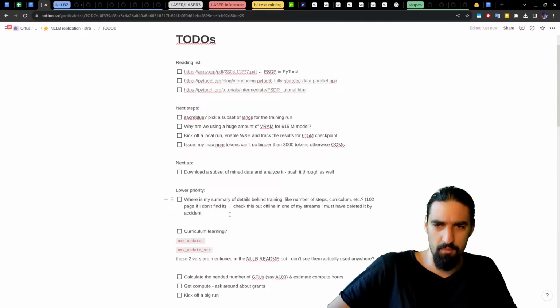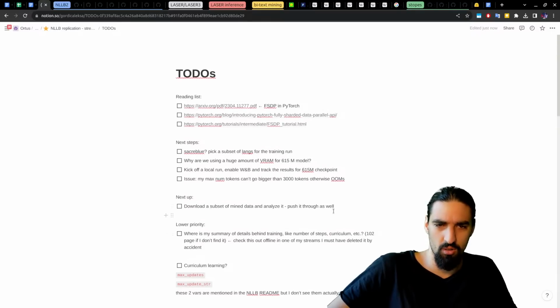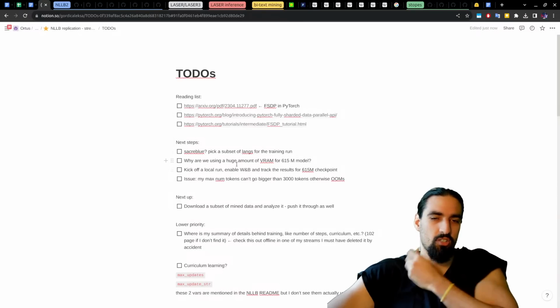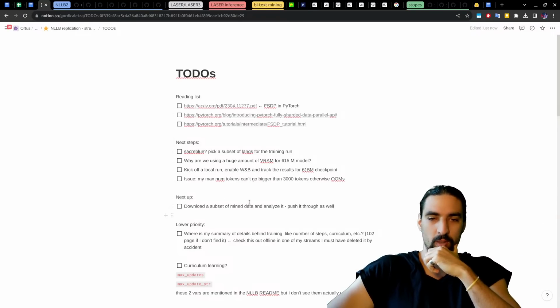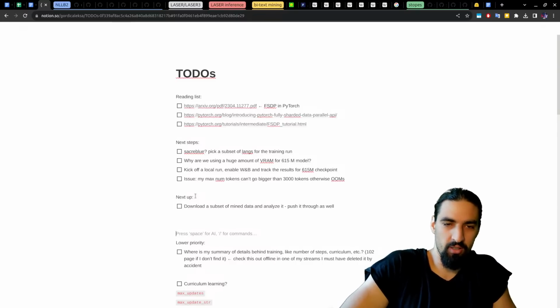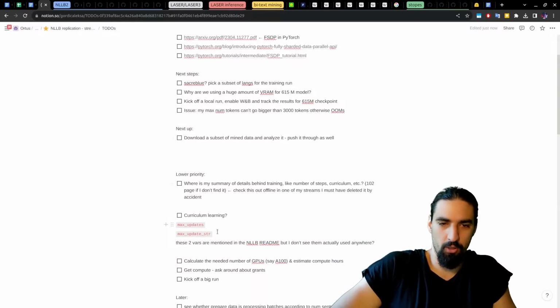Okay, let me just skim through these to-dos. Let me see whether there is anything else interesting. I think, as I said, FSDP, then just pushing for the run and also playing with mine data. I think that's what we need to prioritize. Everything else is a bit lower priority.